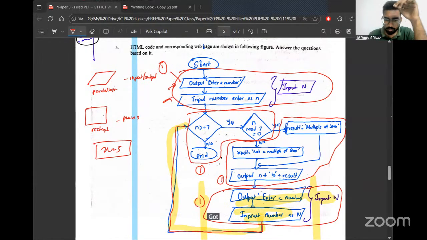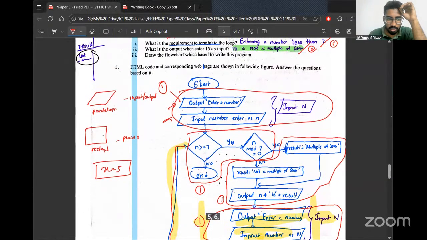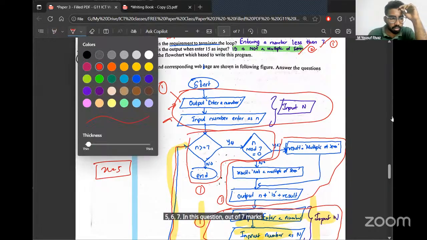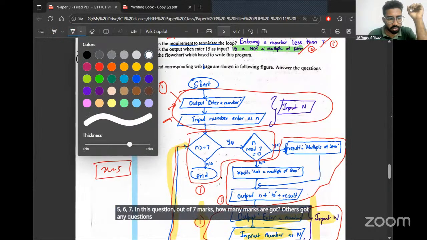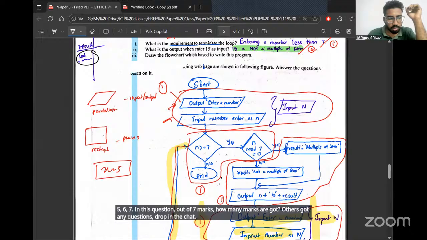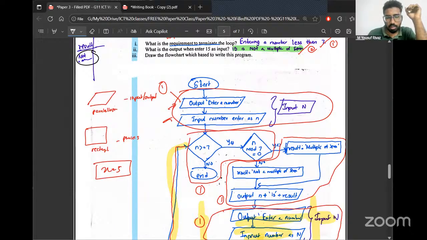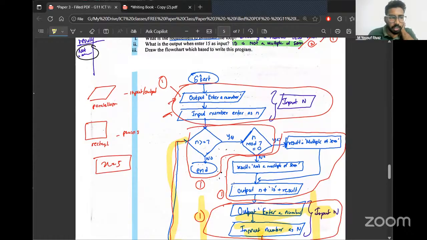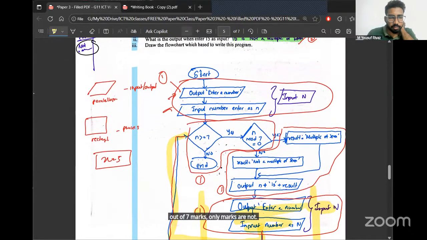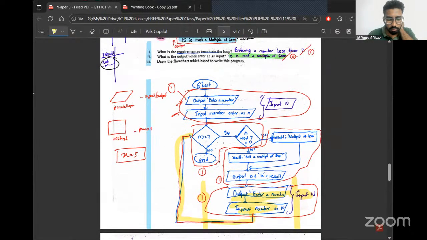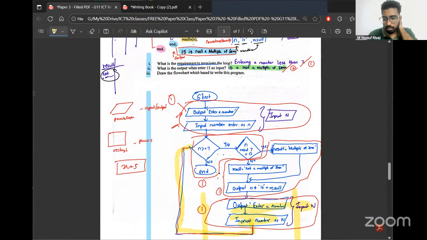Now tell me, out of 7 marks in this question, how many marks have I got? Others, if you have any questions, drop them in the chat.